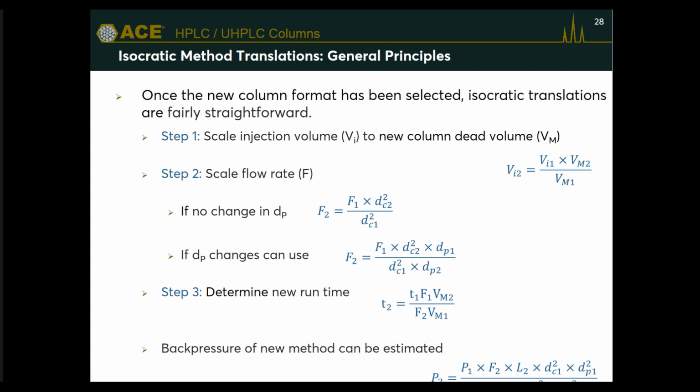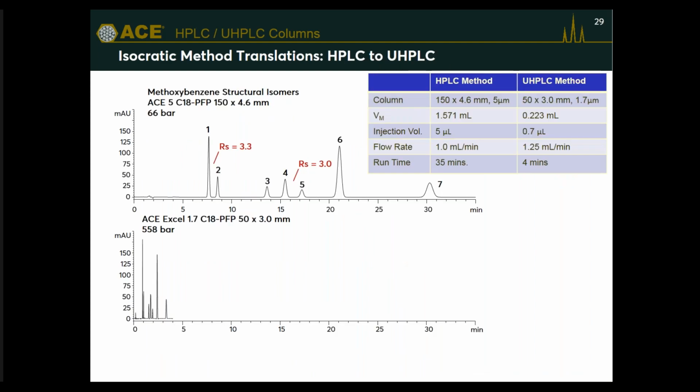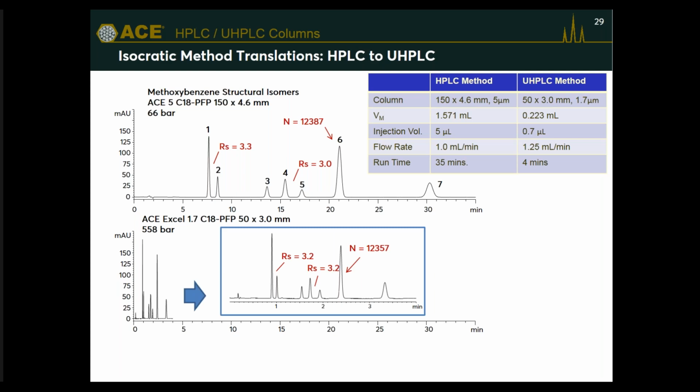And so what does that look like with an example? Here we have an HPLC separation on the top chromatogram, nicely resolved components by isocratic analysis using a 150 millimeter length column with a 5 micron particle size. If we translate that down to a UHPLC format, you can see we have a separation in around about 4 minutes. And if we zoom in and look at the details, we can see that the resolution value, for instance,